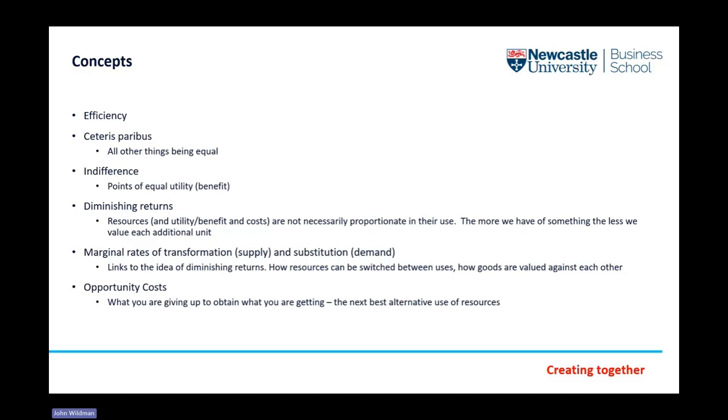We have points of indifference. And then we can think about this for all possible bundles of goods. How do we rank them? Do we prefer them? Or are we indifferent between them? And then points where we consider there to be equal utility, points of indifference, we join together in indifference curves. And that gives us a graphical way of thinking about it. And I've got an example of that coming up in a moment.